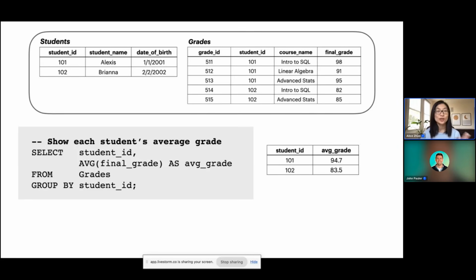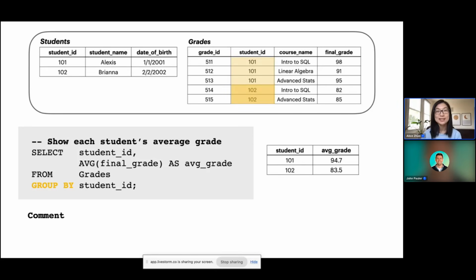So let's first look at this query and talk about a few of the things we see. The first thing I want to note is that the bolded text is a comment. Within SQL, if you do a dash dash, everything after that will not be run by your SQL editor. Instead, it's like a note for the human. And then all the code below it is run. So that's your comment. And then here is my group by. What my group by is doing is saying, okay, look at this grades table. These are all my student IDs for student 101. And these are my student IDs for student 102.